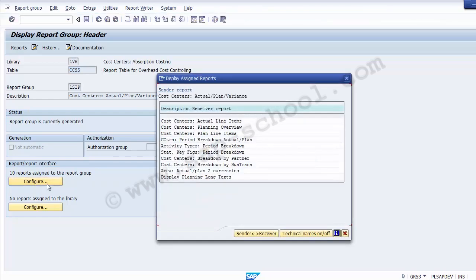So once you click onto the configuration part, it shows you what those 10 different reports existing in this particular group are. These are the standard reports which have been provided within the group by SAP. They are cost center actual line items, planning overview, plan line items, period breakdown, and all such reports are